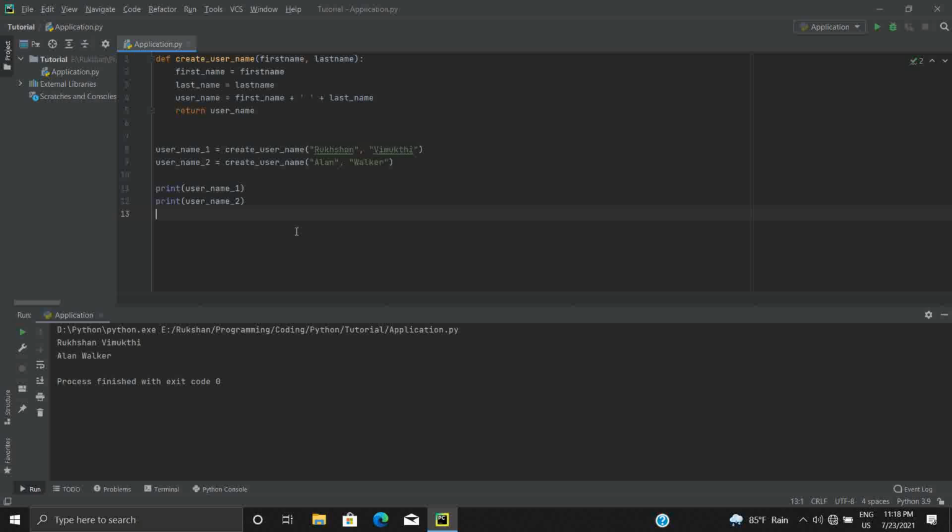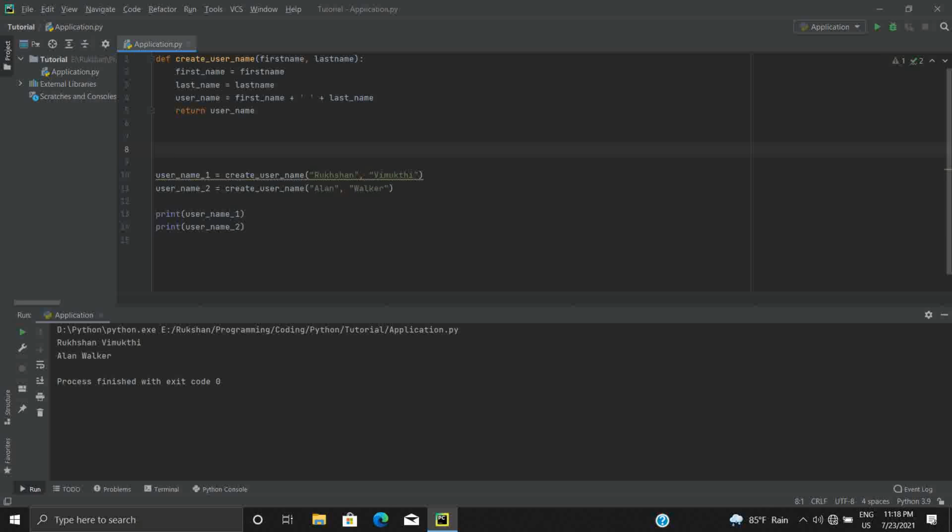Now we only pass some values, right? We directly pass values to these function calls. Now let's get this first name and last name from the user. To do that, we use the input function. We don't need to pass values directly to this function, so we get input from the user and we pass that value to these function calls. So what I need to do is use the input function. To do that, I put input. Now this accepts one argument or one parameter,